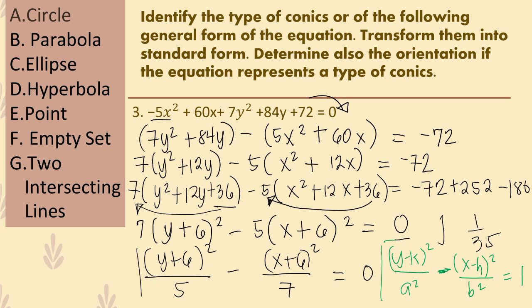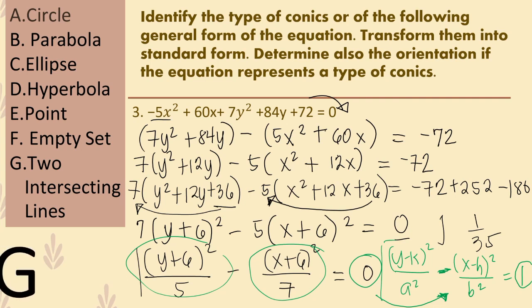So, pag positive, ellipse yun. And mapapansin nyo to, nasunod niya itong form na to. Ang pinagkaiba lang is yung nag-0 to, imbes na 1. So, ibig sabihin, ito ay isang two intersecting lines. Or, ito yung tinatawag na degenerate